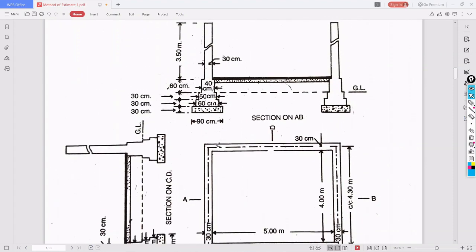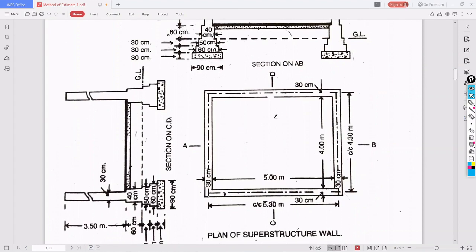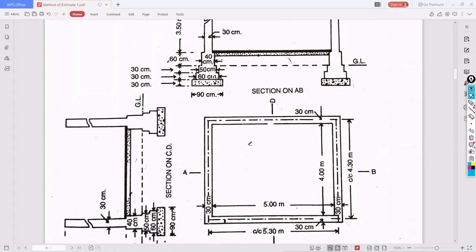And the foundations are the same because the same type of wall is there, 30 centimeter wall. So the foundation will be the same, that is 90 centimeter at the bottom, the width of the trench. First footing is 60, second footing is 50, and the plinth is 40 centimeter width, and they all have a thickness of 30 centimeter, 30 centimeter, 30 centimeter. Here also same, here also same.